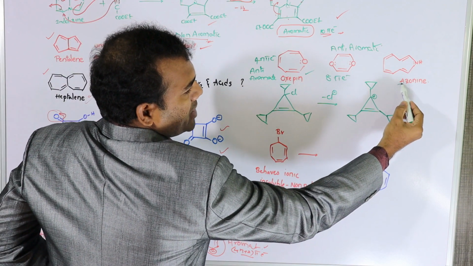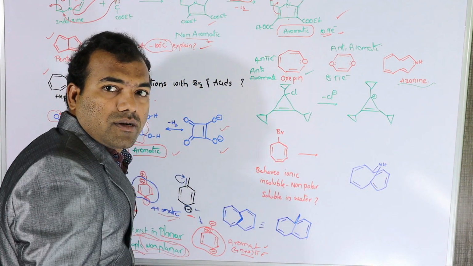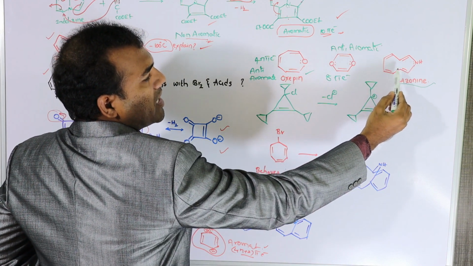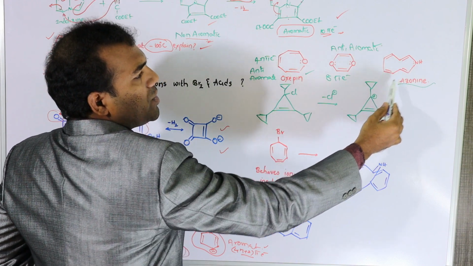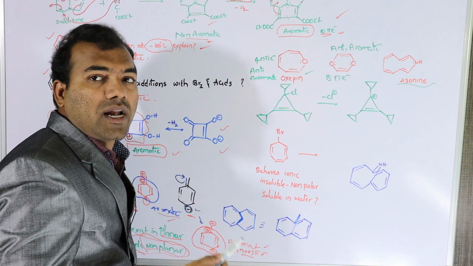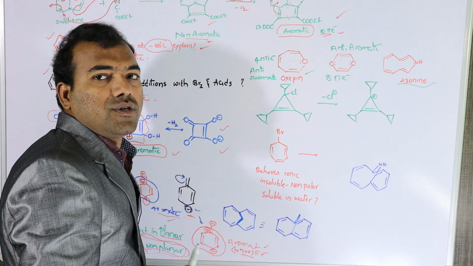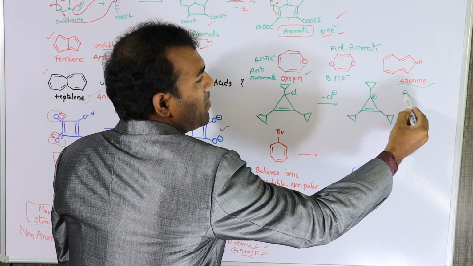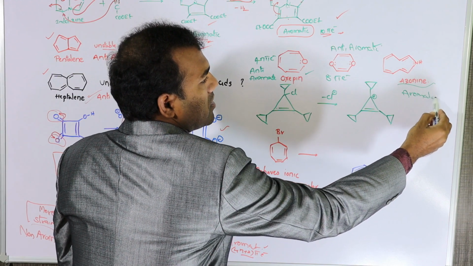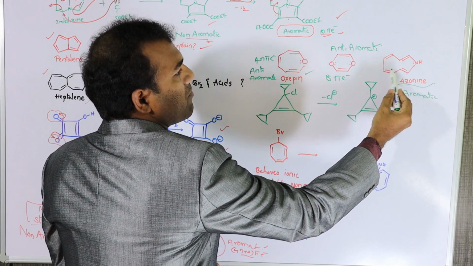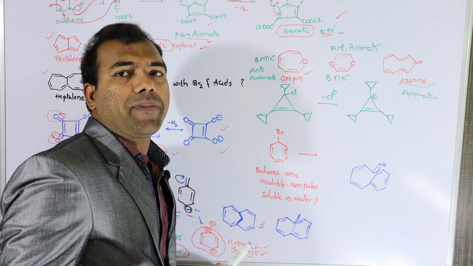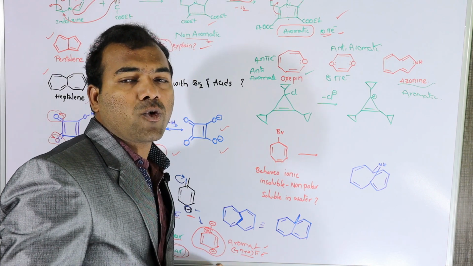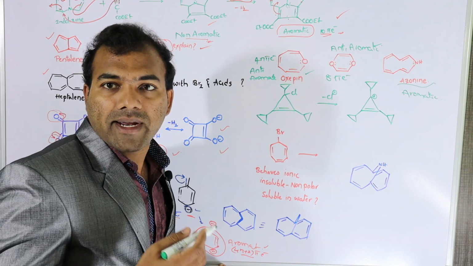Take this compound, azonine. Is this aromatic or not? You see that here there are conjugated pi electrons, and also there is a huge possibility of delocalization of pi electrons throughout all the carbon atoms, and it is a planar compound, so it is an aromatic compound. You see 1, 2, 3, 4, 5. There are 5 electron pairs, that is 10 electrons. So if any compound has 10 electrons, it is satisfying the 4n plus 2 pi electron rule. So it is an aromatic compound.